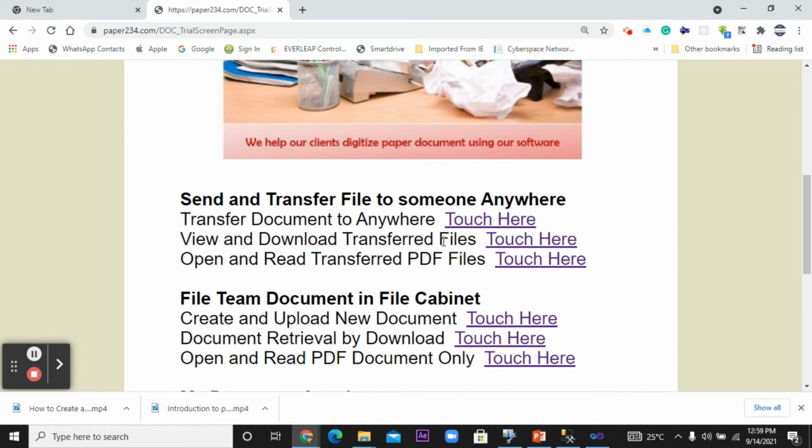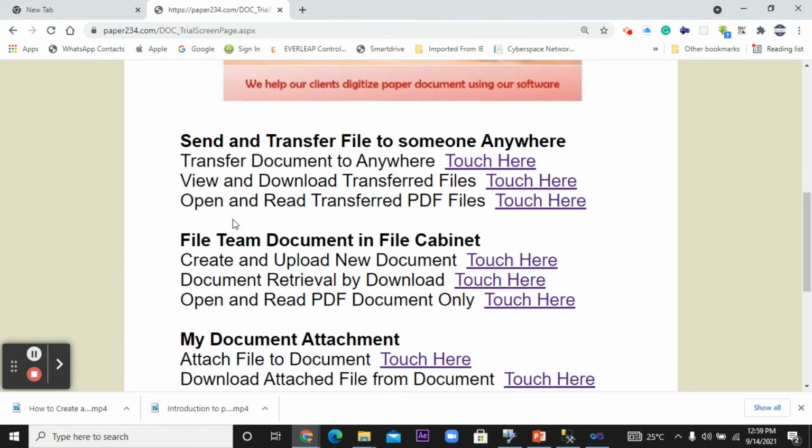The only thing you are constrained with, what we are concerned with, is the amount of data that you can transmit at any point in time and the storage system. So when your storage system is full, you contact us and buy more disk space, and then we increase your disk space and you keep using the software. Okay. So with your mobile phone, you can open and read the file from the person that you transferred it to. You can actually open here and read the document.